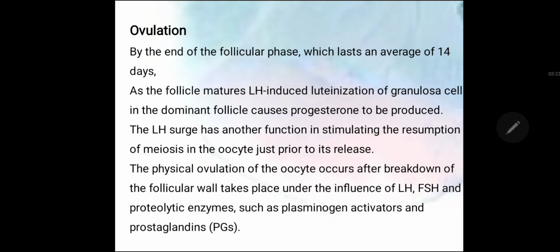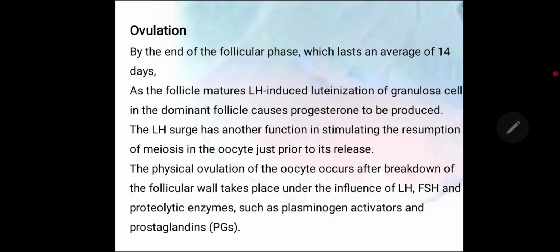This luteinizing hormone secreted will form luteinization of the granulosa cell to create the subsequent corpus luteum. This luteinizing hormone surge will stimulate completion of meiosis 1 in the oocyte prior to its release. Ovulation per se, or physical ovulation, occurs after breakdown of the follicular wall under the influence of the luteinizing hormone surge